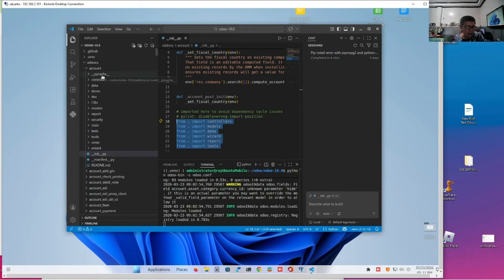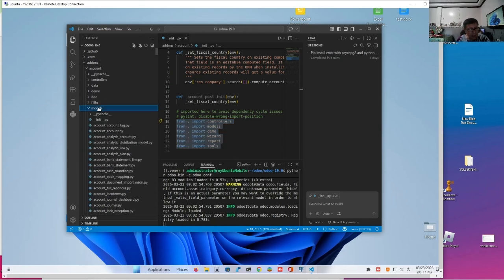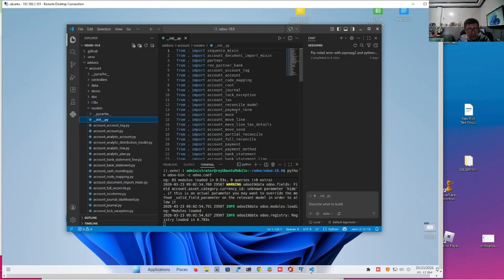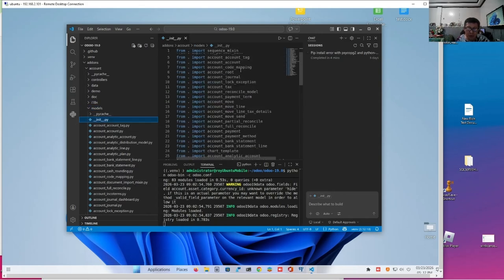Like in this case, under accounts, we have init.py. It will import the folders, controllers. You have the controller there. It will import the folder called models, the demo, and all the other folders. But if you go to models, inside models, there's another init.py. Okay, but this init.py does not import folders. It imports files, Python files.